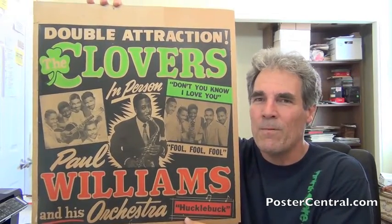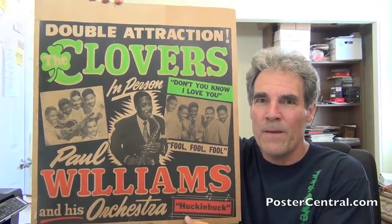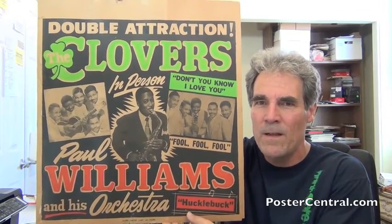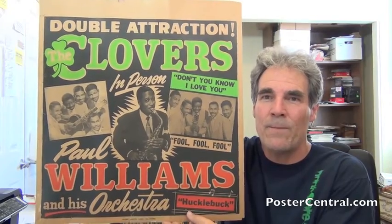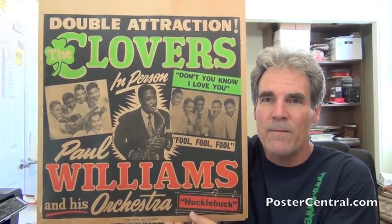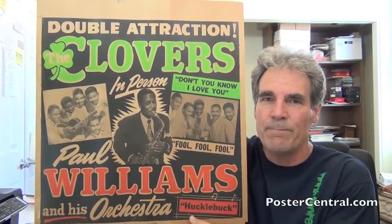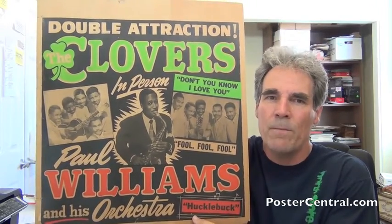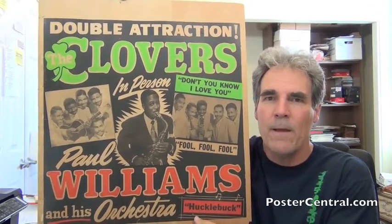I'm Pete Howard, and boy, what an early sweet R&B piece I have to show you today. Oh my gosh, a 1951 Globe poster classic for a couple of really important R&B artists from very early in the second half of the 20th century. It's the Clovers and Paul Williams, a beautiful jumbo Globe tour blank made by Globe, again out